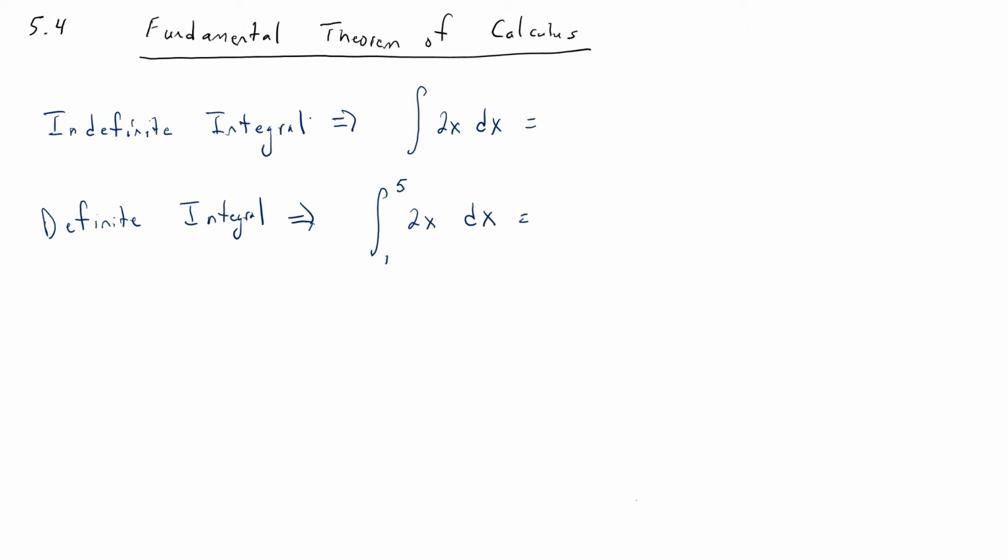But in order to understand it better, I'm going to talk about the difference between indefinite integrals and definite integrals. So the integrals that we did back in section 4.8, those are all indefinite integrals. So I have two integrals here. The integrals that we've already done back in 4.8 that you've practiced, those are called indefinite integrals. And the antiderivative of 2x would be x squared. Right? If we derive x squared, we get 2x. And on the indefinite integrals, you probably know by now that we're supposed to put a plus c, which represents